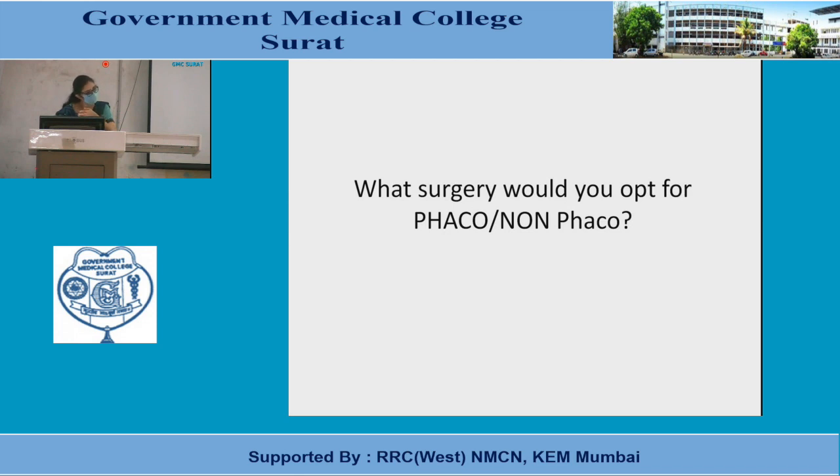Here you have a small incision, so wound healing is earlier. Complications related to the wound, like wound gaping, are less. Again, astigmatism is less. That is the most key factor. And healing is earlier, so you can give visual rehabilitation earlier. If you have done a SICS, for a wound to heal in SICS, it will usually take 4 weeks.